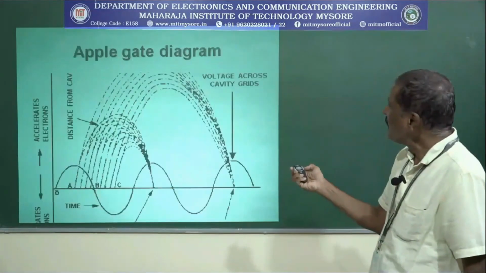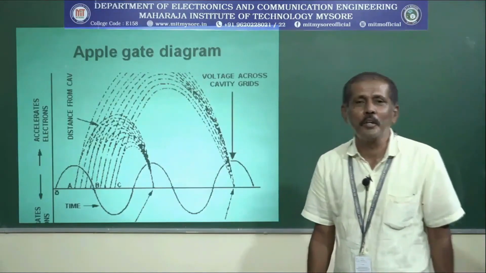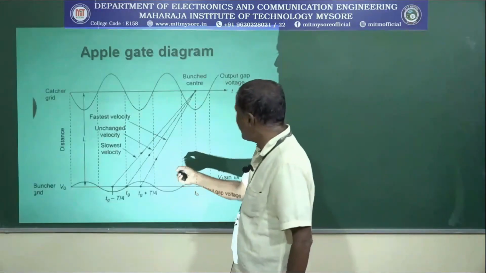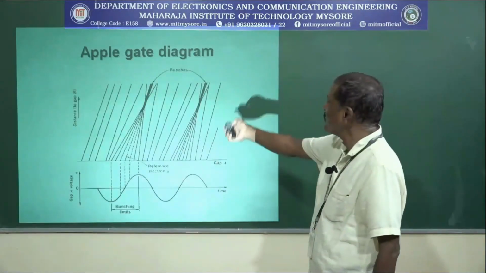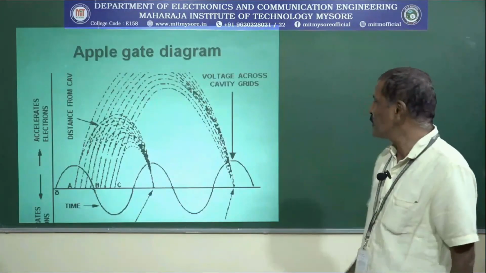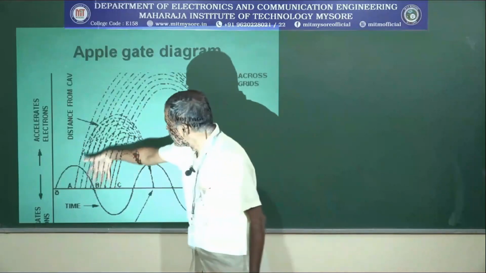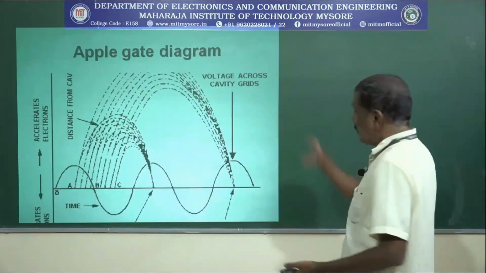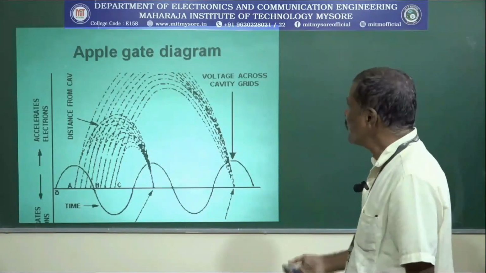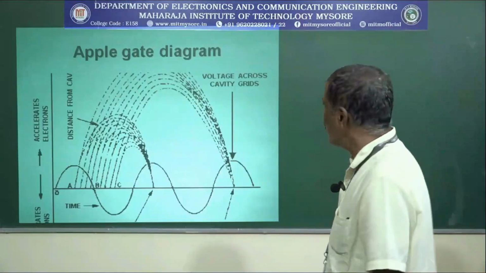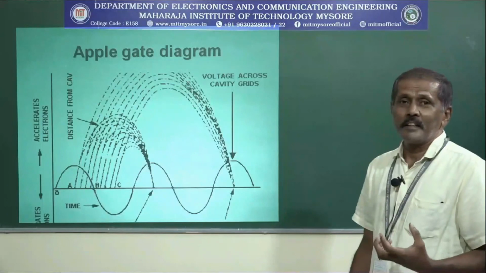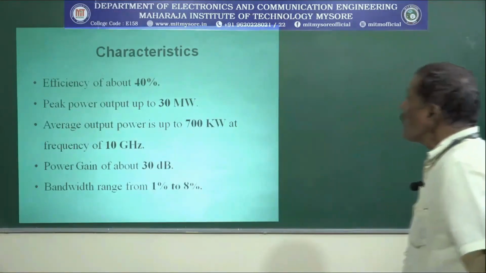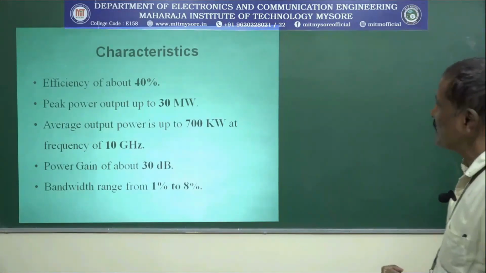Okay. Now, next is one more diagram in order to give a better understanding of this particular concept. In this diagram, I have shown only 3 electrons, and we have shown only 2 bunches. Now, if you observe this diagram, you can see n number of electrons are moving and forming a bunch, n number of electrons are moving and forming bunches. Okay. Such diagrams, which we use to illustrate the bunching process, are called Applegate diagrams.